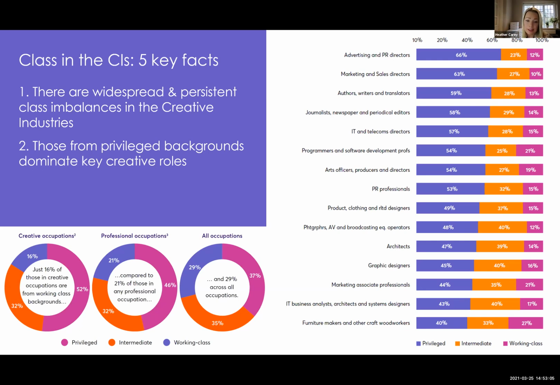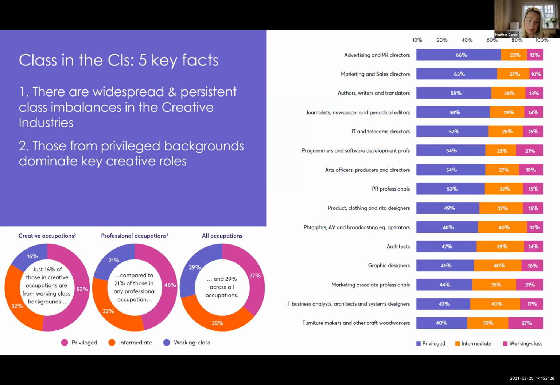Relatedly and quite concerningly, what we also found was that those from privileged backgrounds tend to dominate the most creative roles in the industry. So they determine what goes on page and what goes on stage and what goes on screen. And the analysis on the right-hand side really helped us understand the occupations in which the issue, class imbalances,